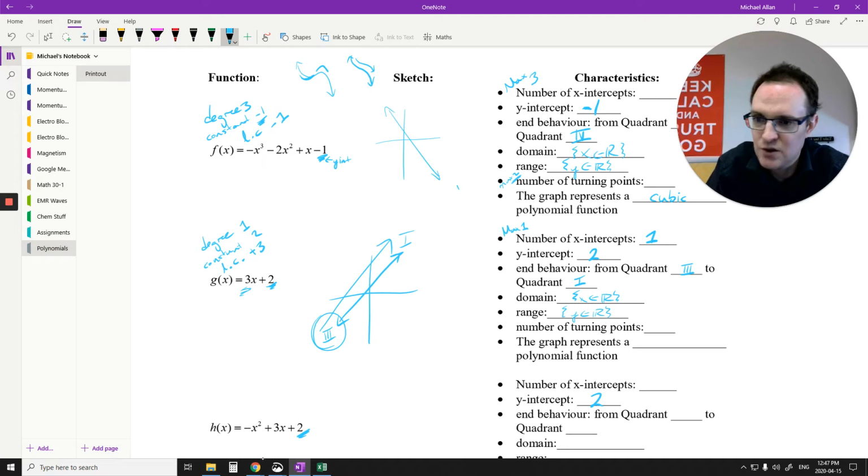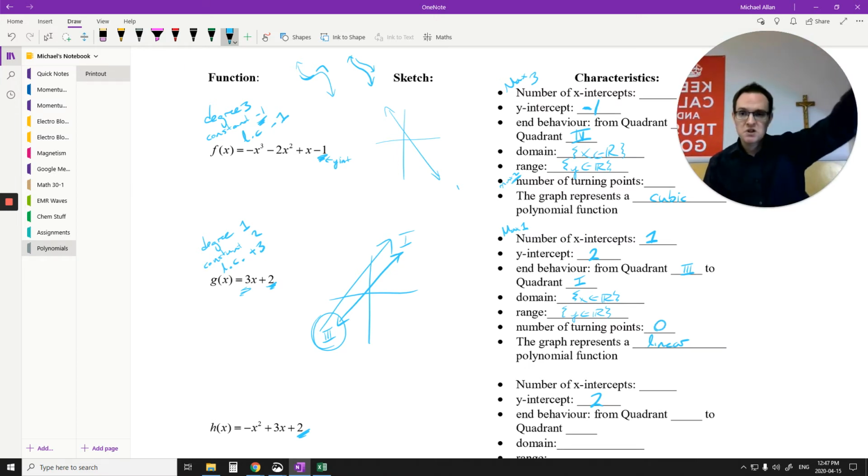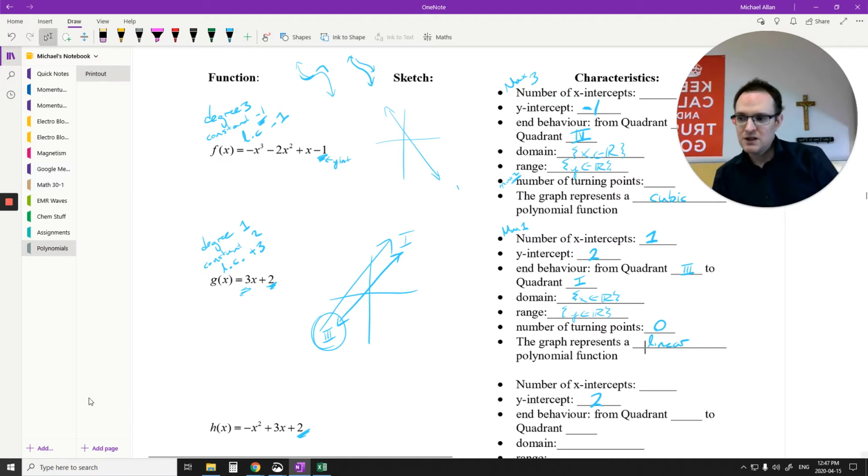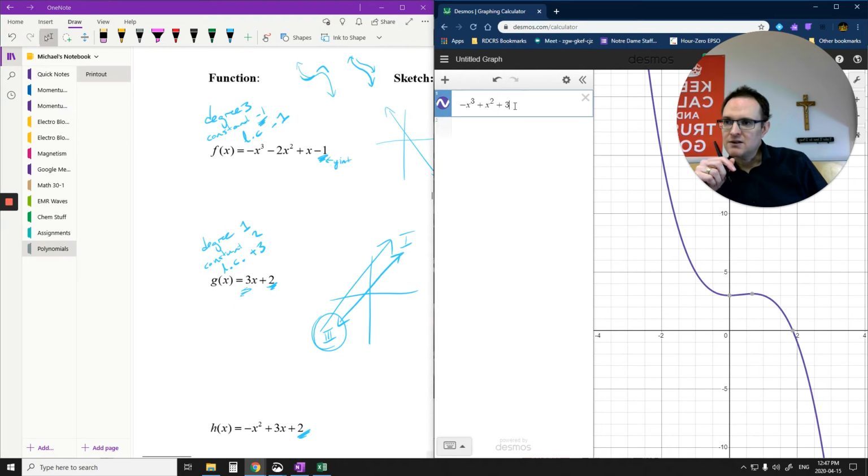This one down here, the degree is 1, so this is a linear graph. Max number of turning points. This one has no turning points because it's just a straight line. The degree is 1. Again, just put it in your calculator and try to graph these out and see what these look like. But what I'm going to do right now is figure out